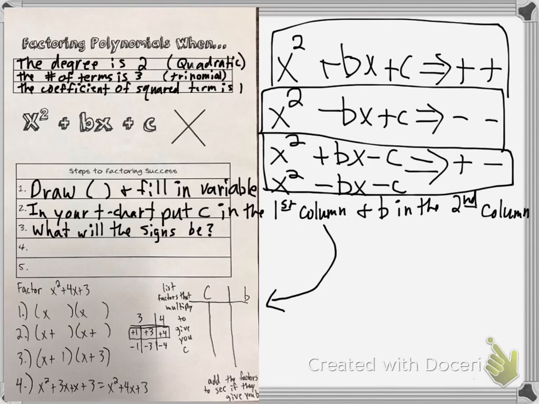So that's our third step, asking yourself, what will the signs be? You fill them in your set of parentheses. Fourth step, solve the T-chart and put it in the parentheses. Last step, check your work using